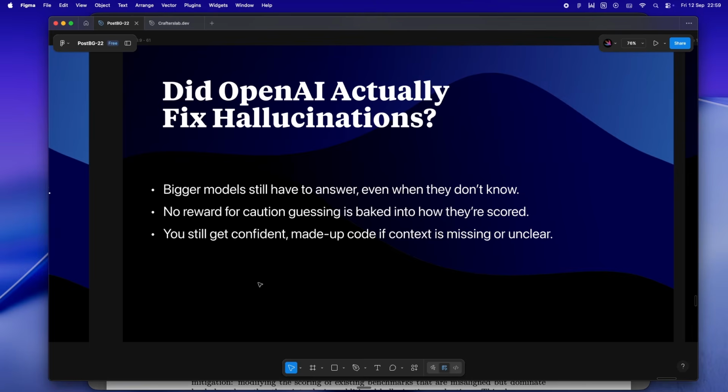You know, the paper is actually pretty savage about this. It's like, look, it doesn't matter how big or accurate your model gets. There will always be questions where the answer just isn't in the data. Maybe it's some gnarly SwiftUI bug, or a custom architecture that literally no one else has built before. Sometimes the model just hasn't seen it, right?